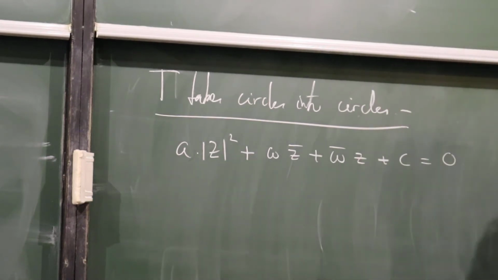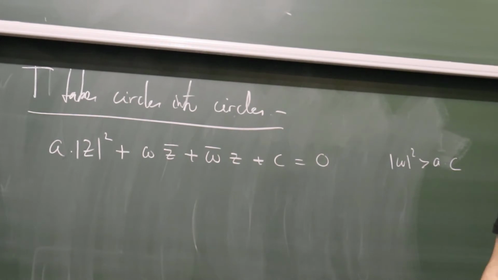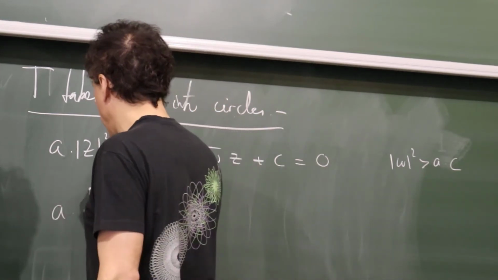With the condition omega squared greater than AC. Okay? And take the inversion. The inversion was the map Z goes to 1 over Z. So, if you take the inversion here, you obtain